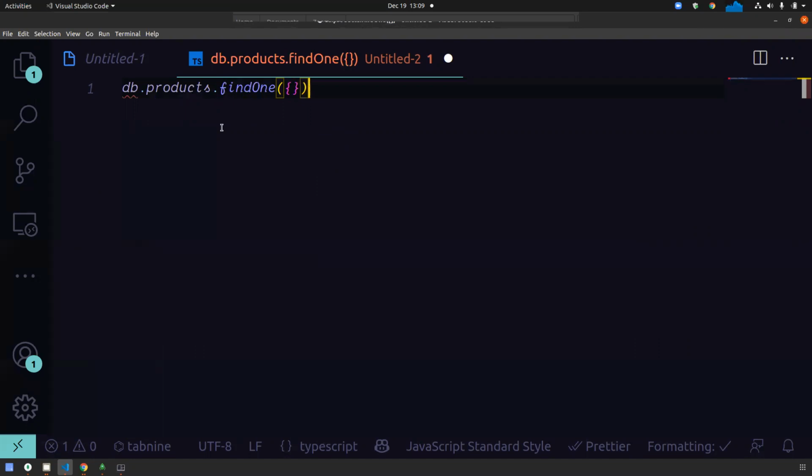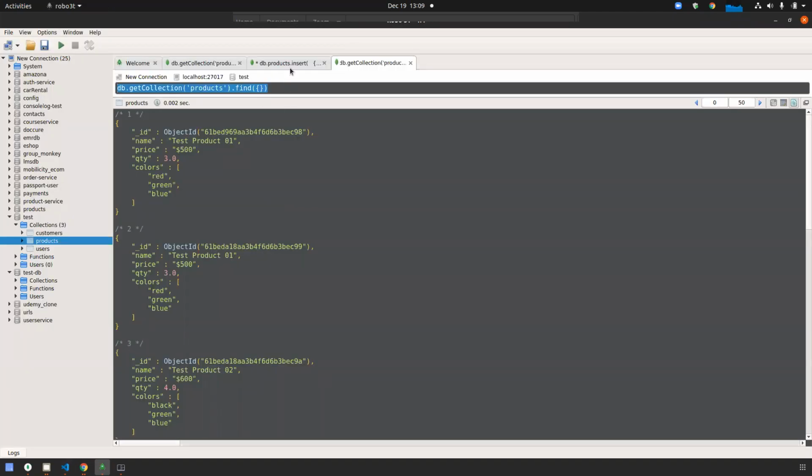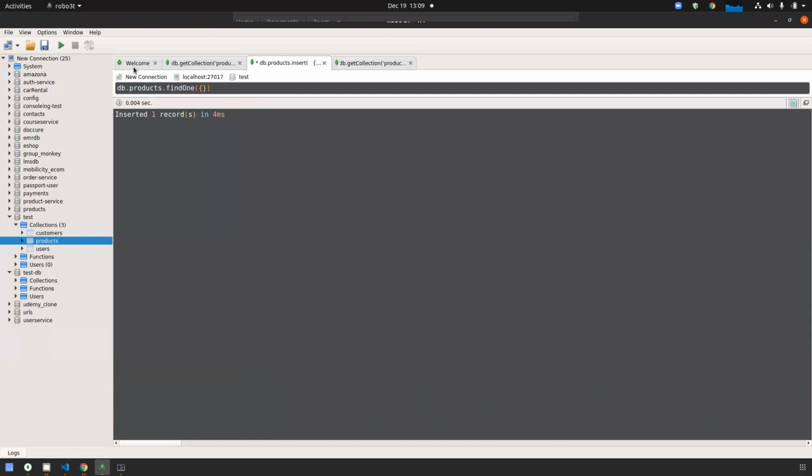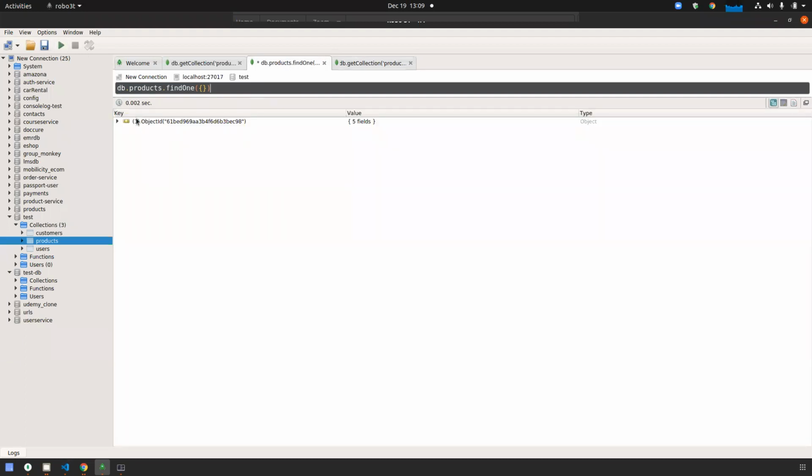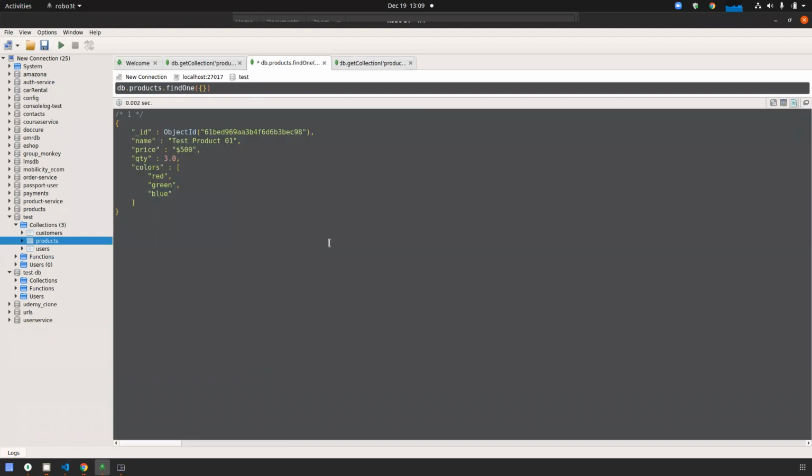Because with the findOne method, it always returns a single object, a single record. If you are not going to provide any query, then it will return the first one by default. So let's see. You can see it is giving the first one, test product one, because we did not provide any query.